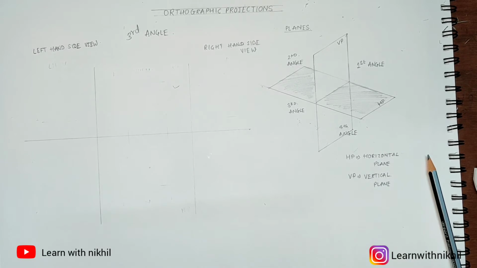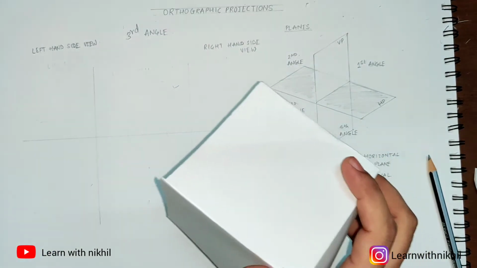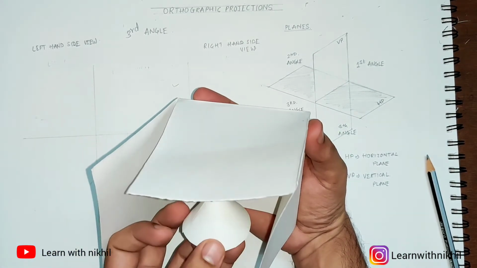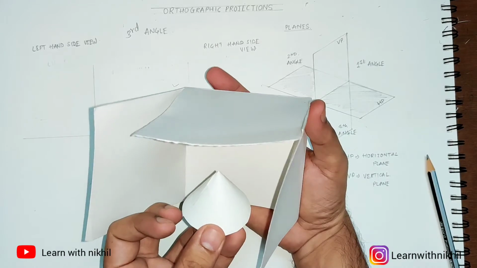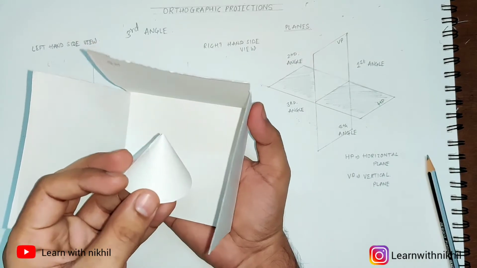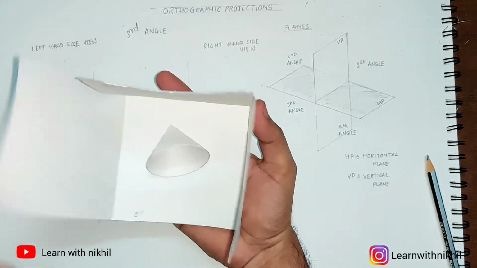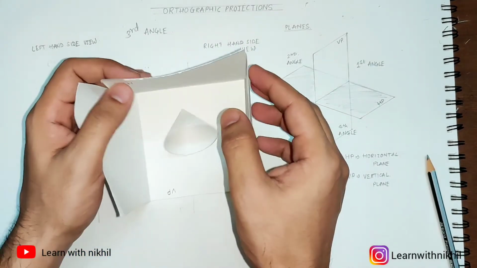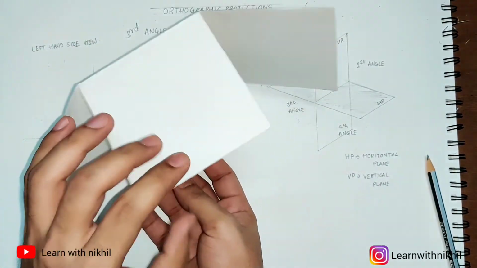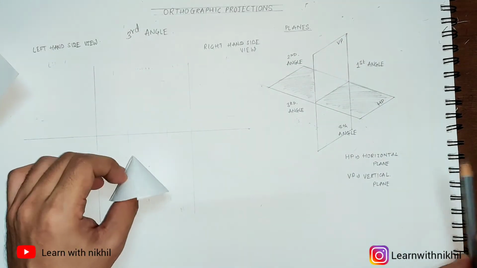So for third angle method, the three-dimensional cube will be placed where the horizontal plane is on the top and vertical plane is at the bottom. And if you take the example of a cone, for the front view, the cone will resemble a triangle, but at this time it will form on the vertical plane. The front view will form on the vertical plane, but at the bottom side. So this is the third angle or the third quadrant where the front view is forming at the bottom side.